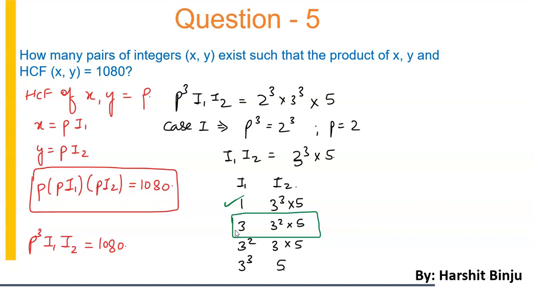Again, exactly like the previous question, my SCF will not be p, it will be like 3p. Similarly, I can't take this case also into consideration, because again I'm going to have 3, which is common, but I can take this one, which is 3 cube and 5, because there is nothing common between 3 cube and 5, so the SCF will remain only p. There will be no change. If the question was about ordered pairs, then you could have taken the reverse case also, because that would have been possible. Okay, so I'm going to take case number 2 now.